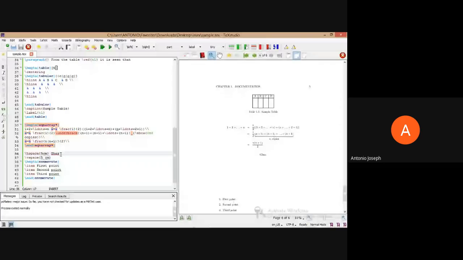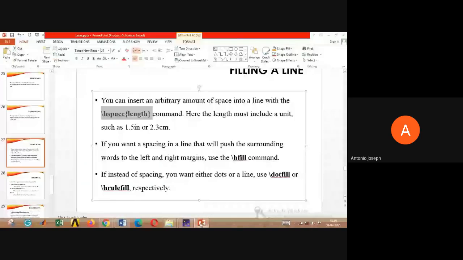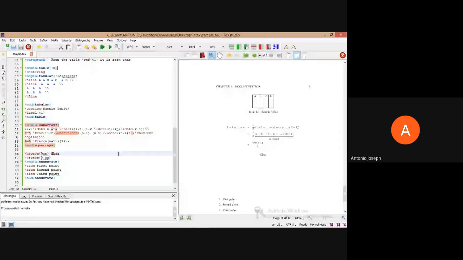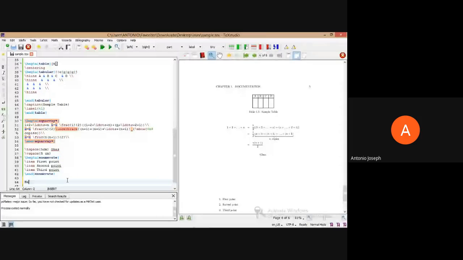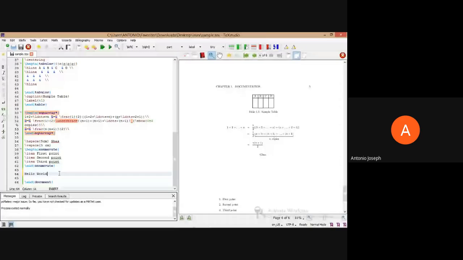Now another command is hfill. Hfill means suppose we have two words. I am saying two words over here. Hello world. I am saying as a hello world, and this I am compiling. Now it's like this.